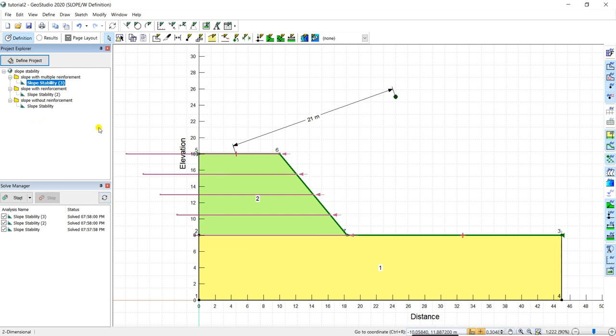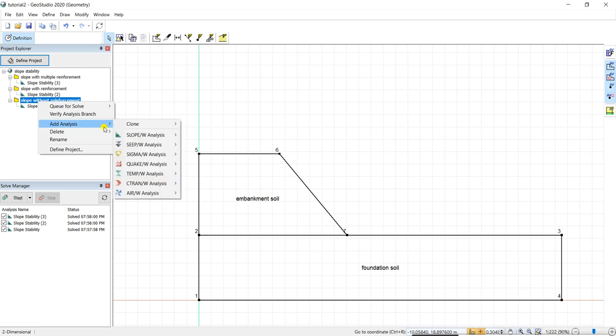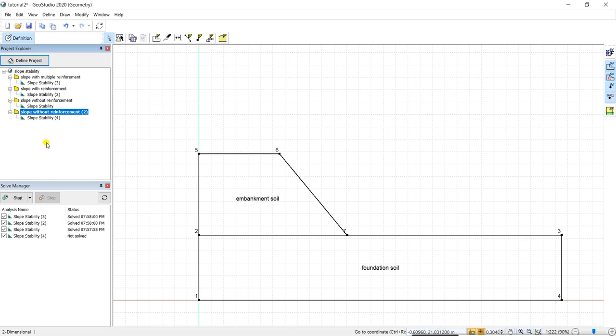As the geometry will remain the same, I'm going to go to this analysis and copy it. I'll go to the analysis and right click, then add analysis. I'll clone both geometry and analysis branch so that I don't have to redo the things again.